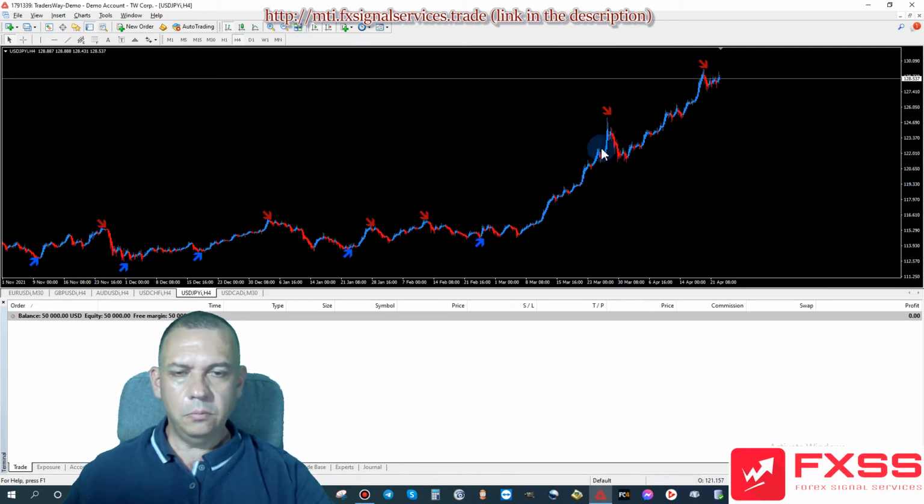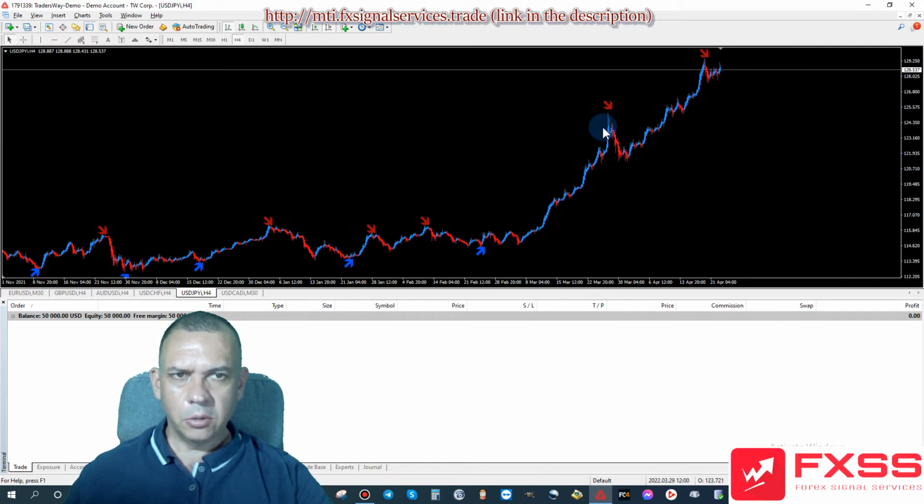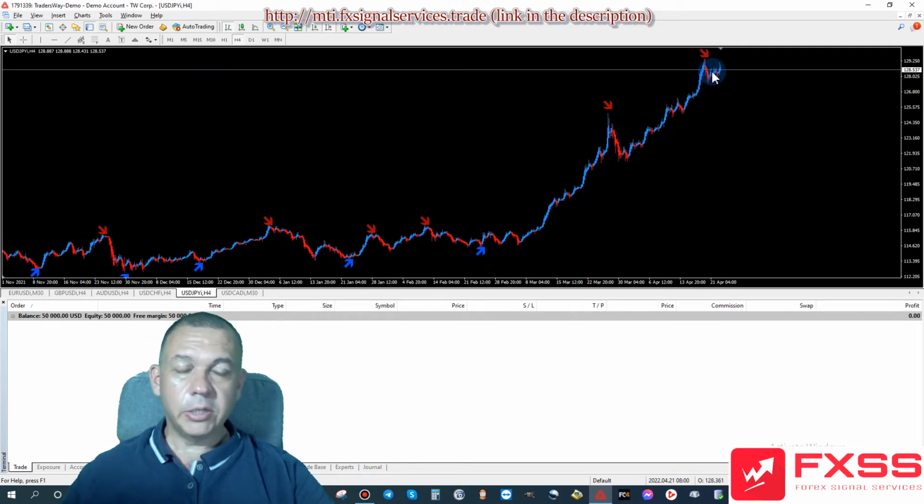We had a red arrow followed by a higher red arrow, which sucks, but it happens. It doesn't happen very often, as you can see. I can zoom out and we can look at the past. We have a red arrow followed by a blue arrow, or a blue arrow followed by a red arrow. But here we got 2 red arrows. This one's way high, so it's very interesting why we had such a big hike in the US dollar.